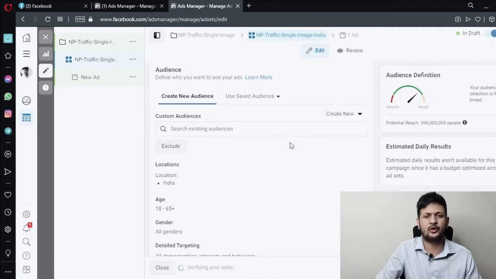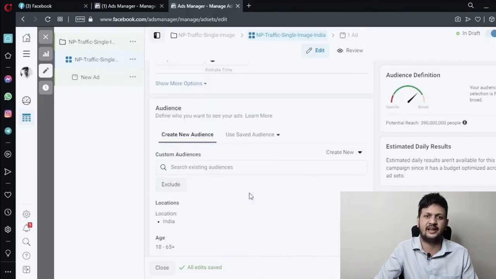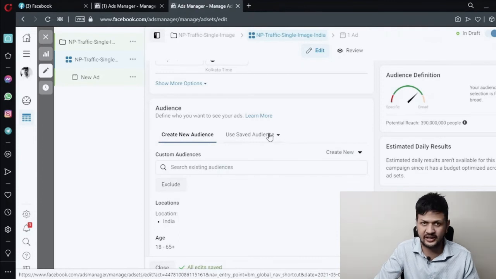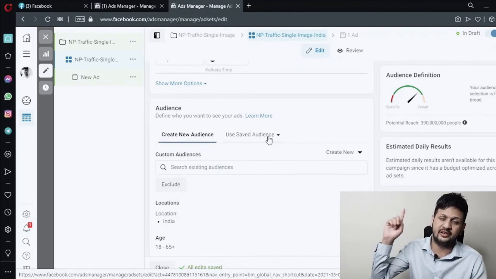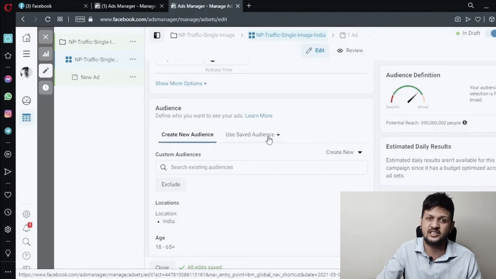So for this video, we are going to try interest-based targeting, but there are other targeting techniques like custom audience targeting, lookalike targeting, and remarketing. For those, I have already created some videos. I will just put them in the cards above. You can check out those targeting techniques. You can really laser focus your targeting and maximize your revenues using those techniques. For now, we are going to go ahead with interest-based targeting.